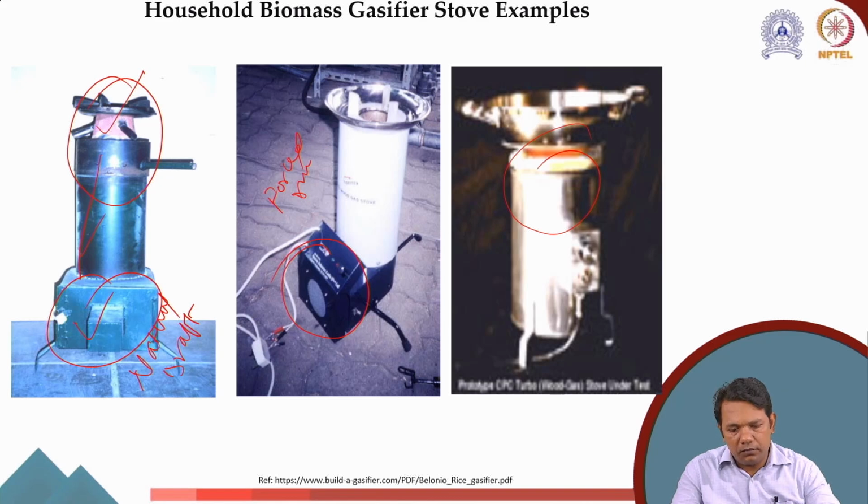So the important part is, how do we reach this height, like should it be 0.4 to 1 meter, or the diameter should be 0.2 to maybe 0.3 meter or 0.4 meter? How do we reach this conclusion? So to understand that, we will have to discuss the design of the gasifier stove. So that we will discuss in the next class.